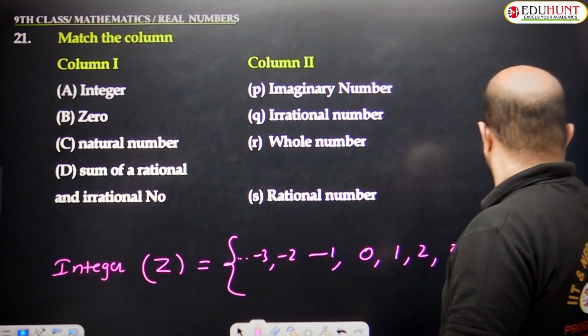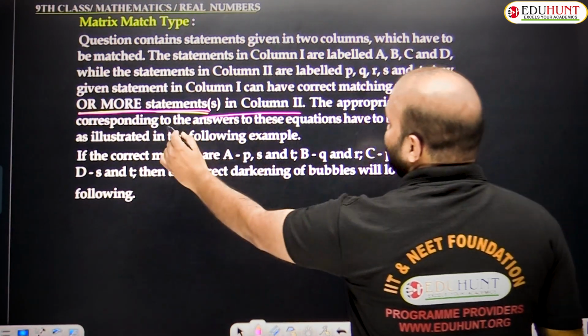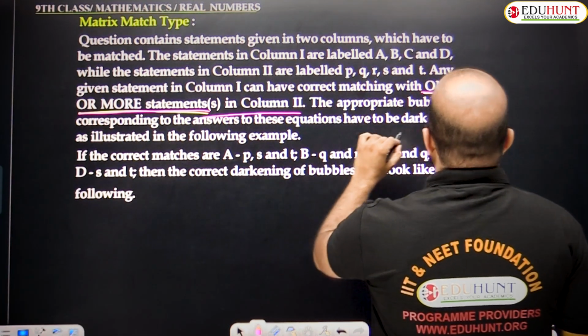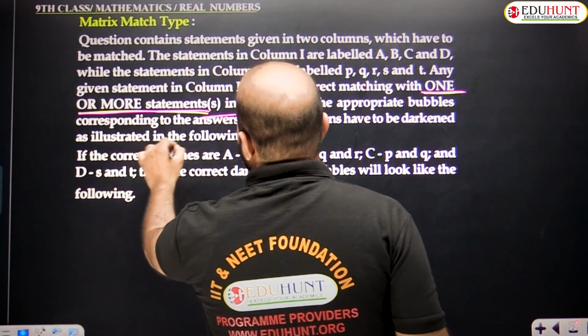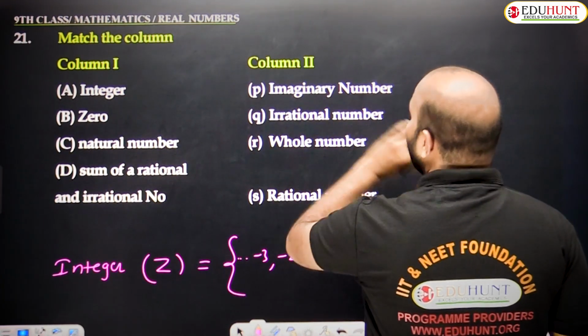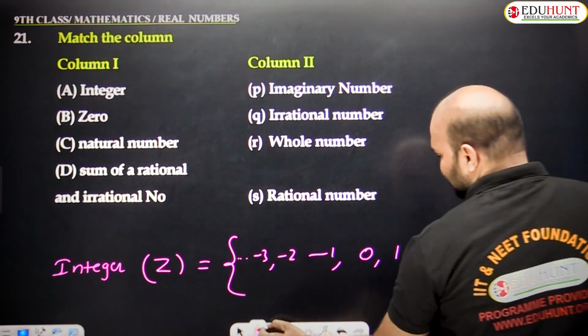We are already given that the appropriate bubbles corresponding to the answers to these questions have to be darkened as illustrated in the following example. So are integers imaginary numbers? What is an imaginary number? An imaginary number means, for example,